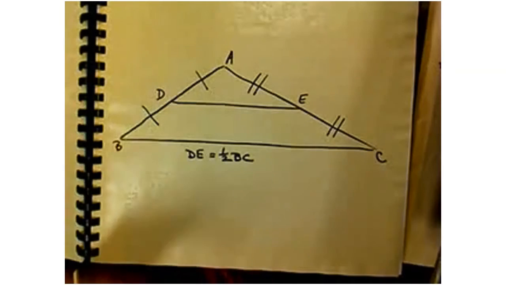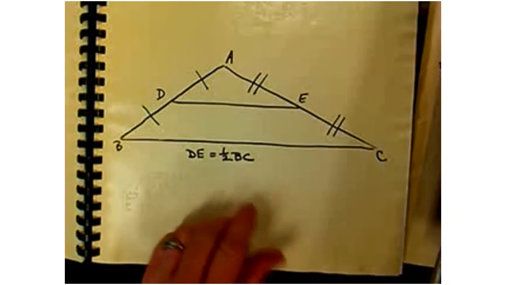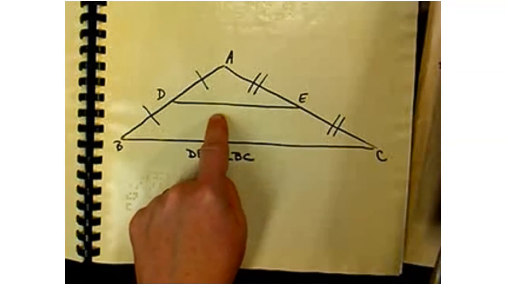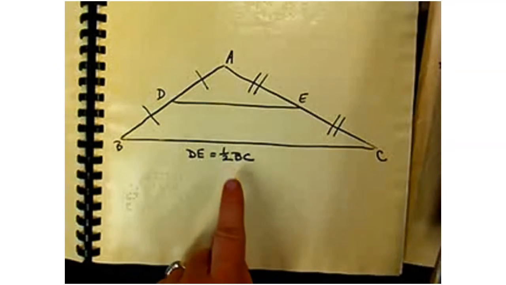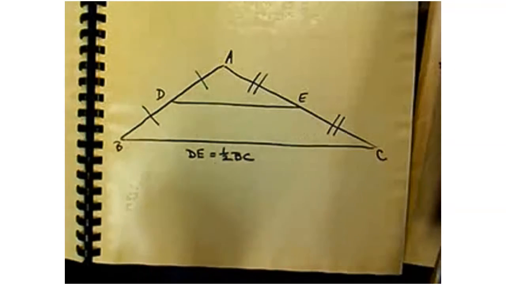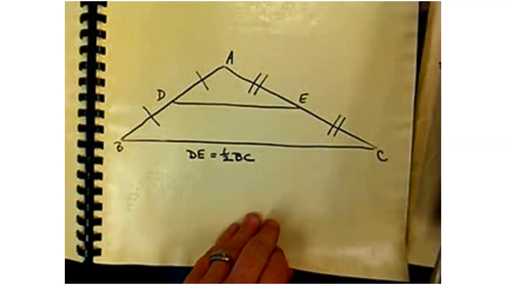If I've got a segment parallel to an opposite side that hits at the midpoint, I know that that segment is half the opposite side. You're going to have several problems where you're going to have to determine measurements of that segment or the opposite side of it. You also may have to determine measurements of the side that's being split in half. So it's pretty basic math. You have to either divide by 2 or multiply by 2. So let's go practice that in the next example 2, which is on